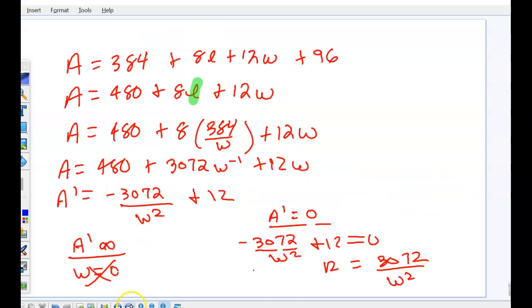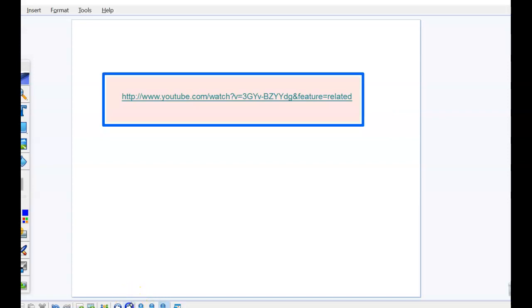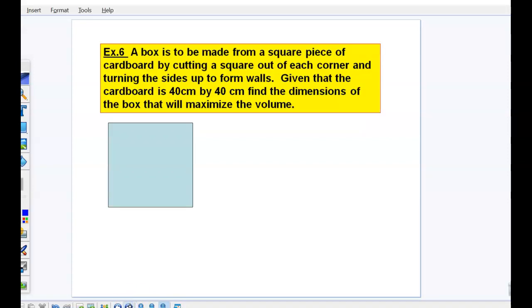Okay, let's take a look at one more. In this next example, we're looking at just a volume problem. And this one is the only type where you're only going to need one equation to solve. So if we take a look at an example like this, we have a box to be made from a